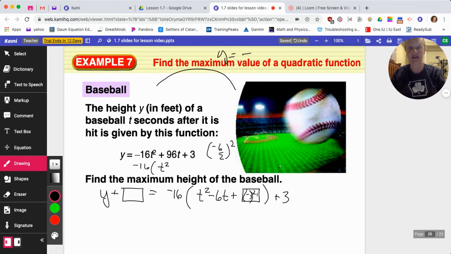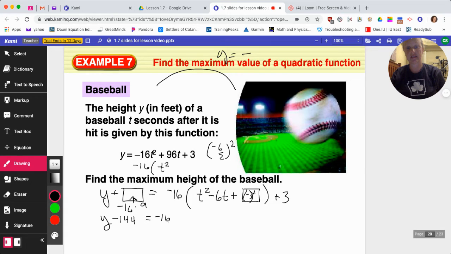So here I did a plus negative 3 squared, which is 9. Over here I need to actually have negative 16 times 9 in that box. So it's really y minus 144